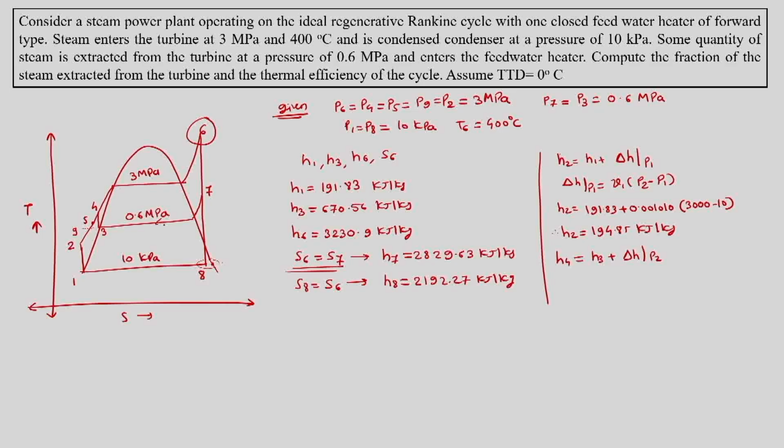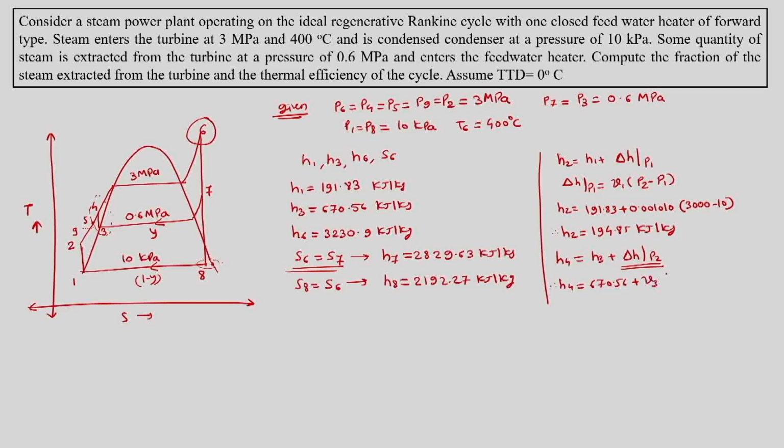Here we have to remember that we are extracting Y mass of steam for the feed water heating. So, this pump is a forward type closed feed water heater. So, this is handling only Y unit of mass. So, we are logically saying that this is only delta HP2, this is not the pump work. So, we have H4 is equal to H3